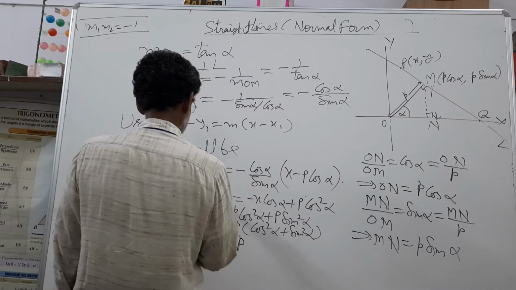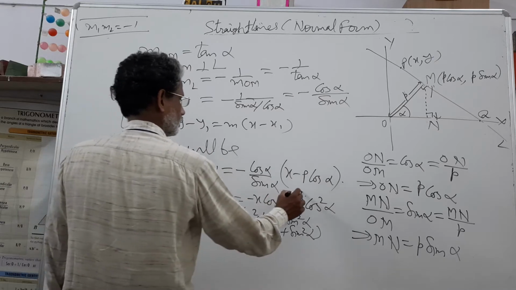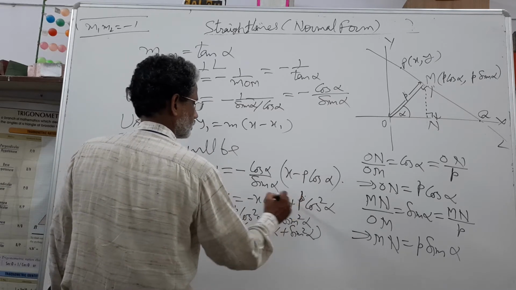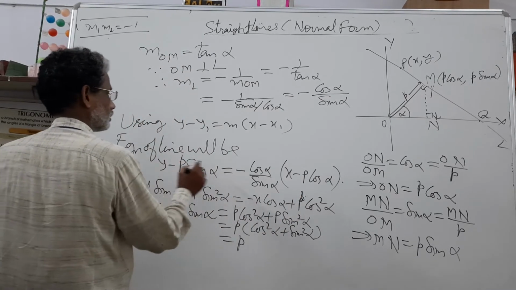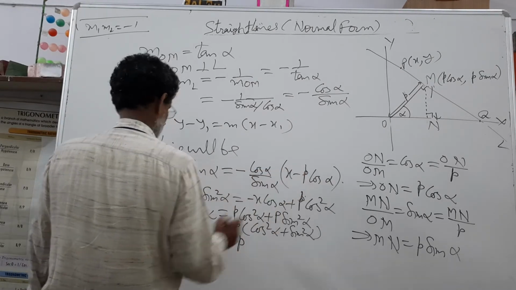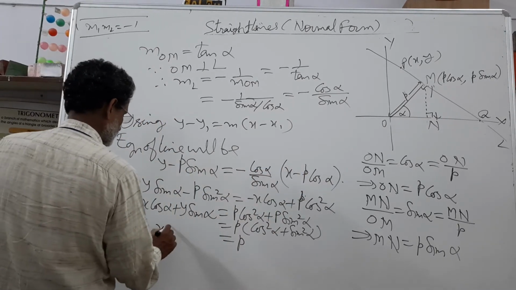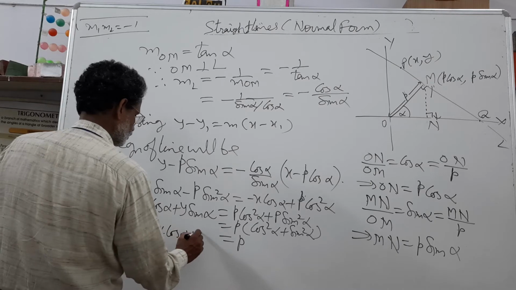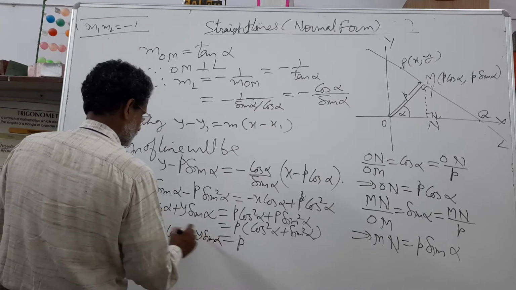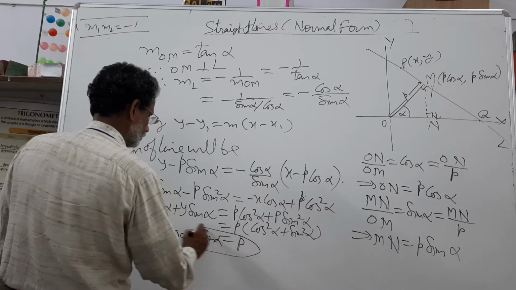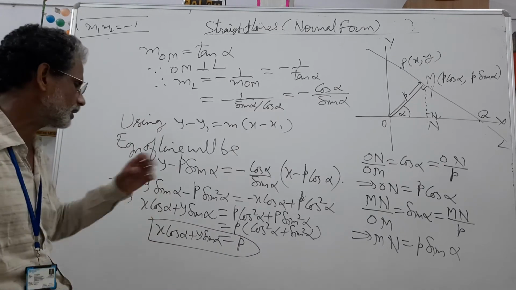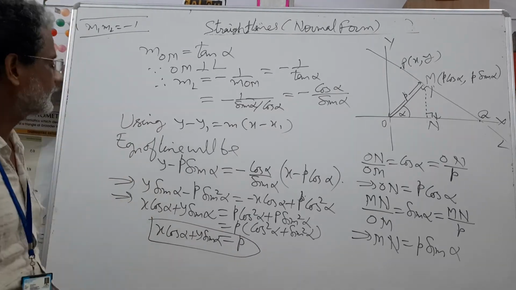We obtained the equation as x cos alpha plus y sin alpha is equal to p, where alpha is the angle made by